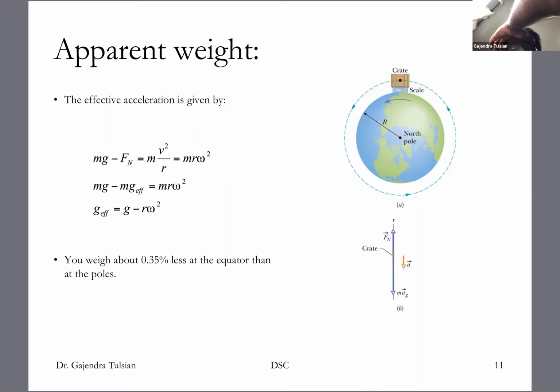and here's another interesting fact. So at the equator, like I said, if the Earth spun once in, if the period of the Earth